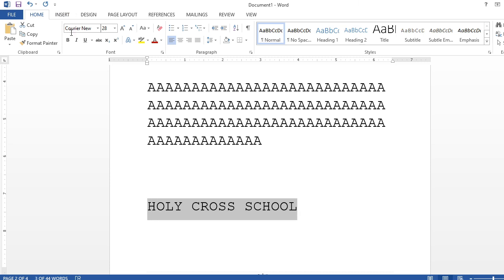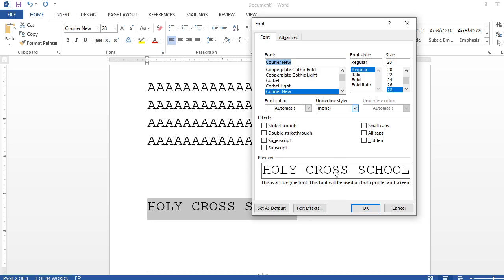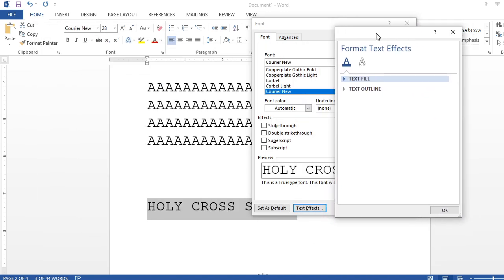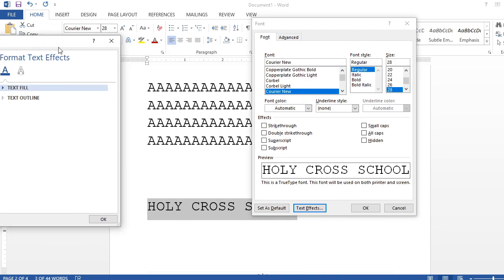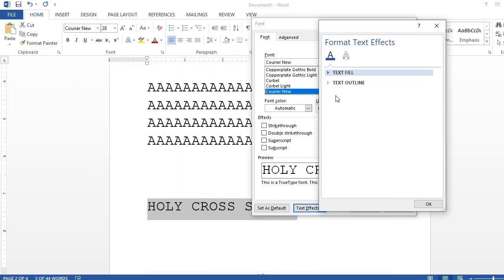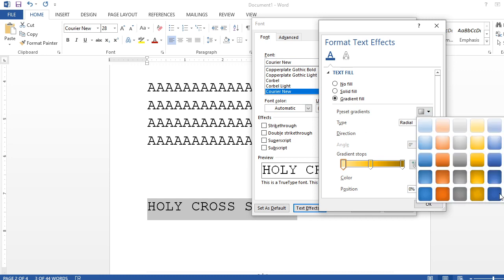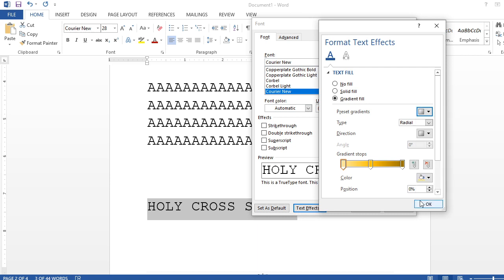Okay, I am going to this font, and I am going here to the text effect, and here so many effects are there in this one. You can see. Suppose text fill, what you want this text to fill. I am going to have a gradient fill, some color combinations will be there here. By default you see this gradient. I am going to select this one, let's suppose. Okay, so this gradient fill is okay.